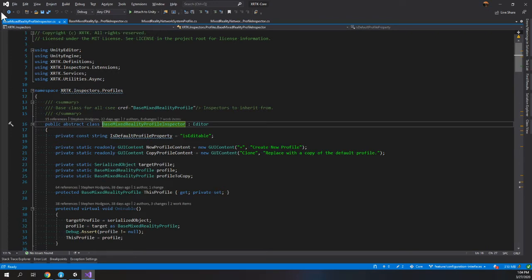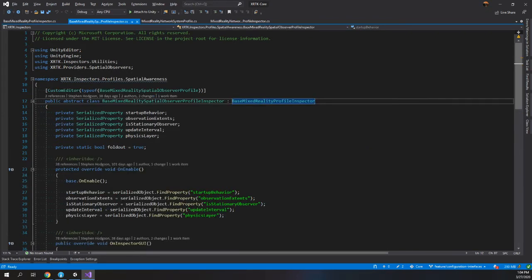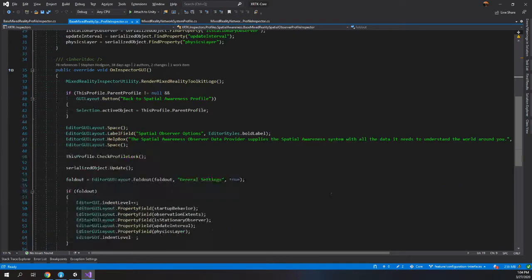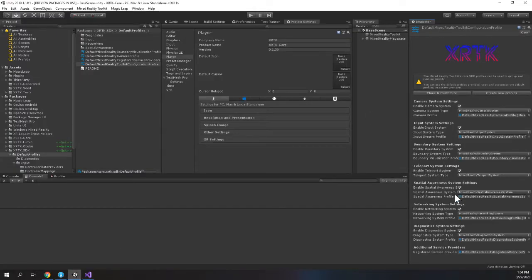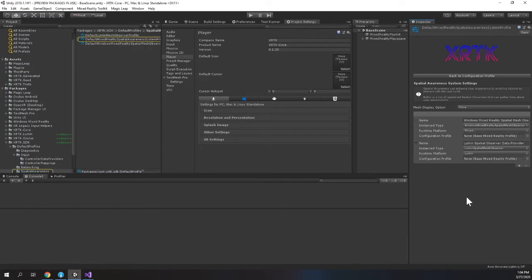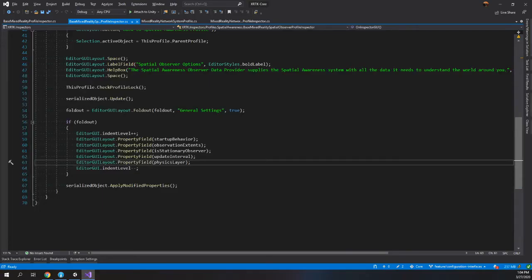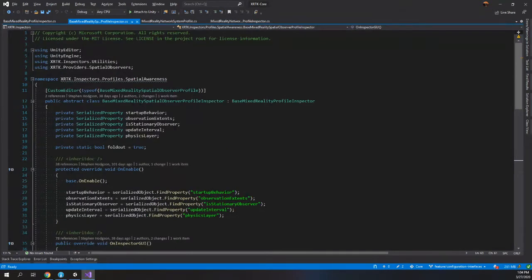Interesting. That is very interesting. So we have our spatial awareness profile. You know what this is for? This is for